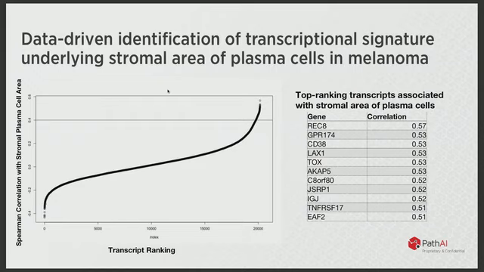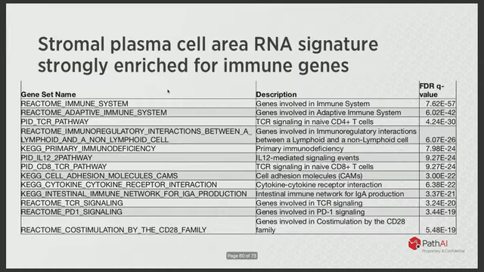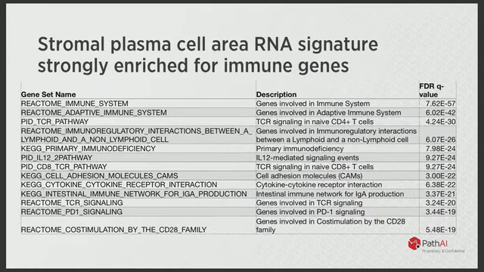Here are all the genes ranked from 0 to 20,000. Again, we see a small set that we're thresholding at a correlation of 0.4, strongly associated with the pathologic phenotype we're measuring. We discover these sets of genes that are known to be highly enriched in immune cell genes, which is some form of validation that we're measuring what we think we're measuring. But these sets of genes are also potentially new drug targets, new diagnostics, et cetera, uncovered by going from clinical outcomes to pathology data to the underlying RNA signature.